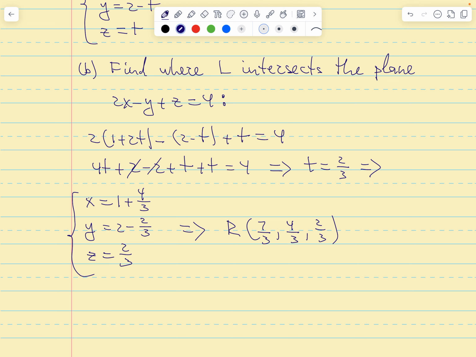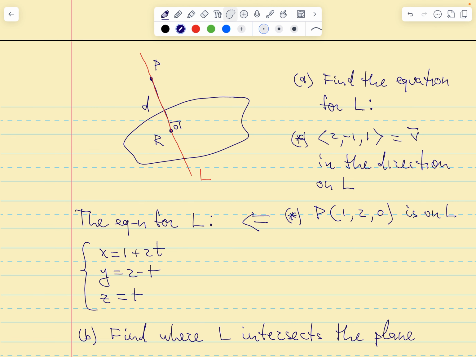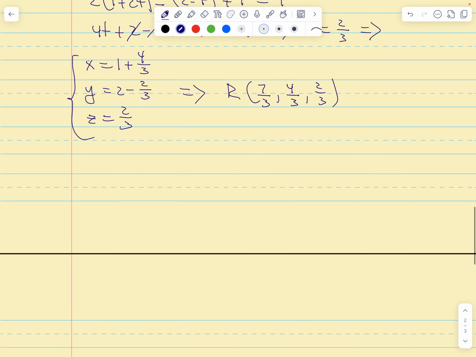And so the last step in this program is that I want to find the distance between P and R, right? And that would be the distance from the plane to my point. So number 3, find the distance between P and R,